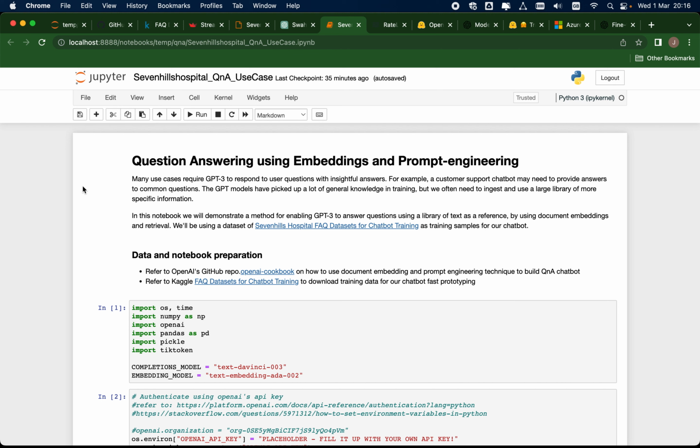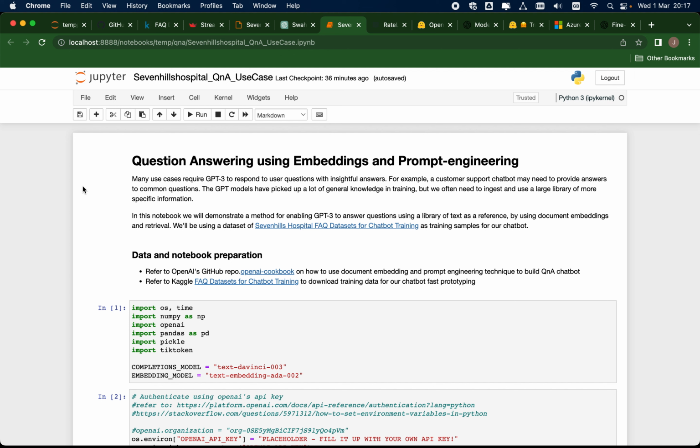So we know you can always use the out-of-the-box GPT-3 to provide answers to your questions, but often the out-of-the-box replies are too general or not so accurate. So you always want to try to customize GPT-3 on your specific data and use case. That is totally feasible, and we need to prepare some dataset and a notebook for such an